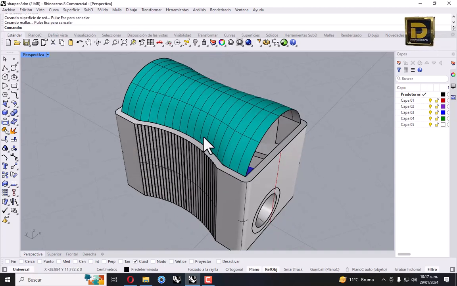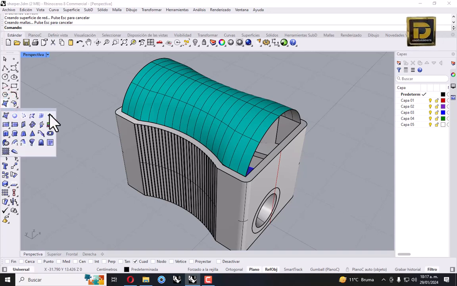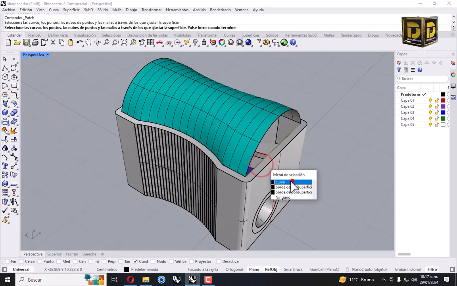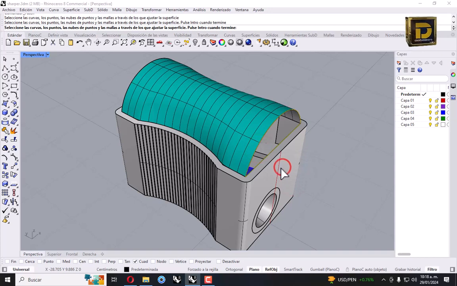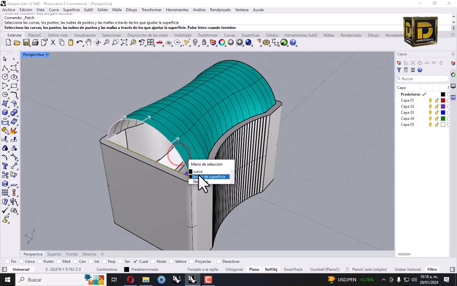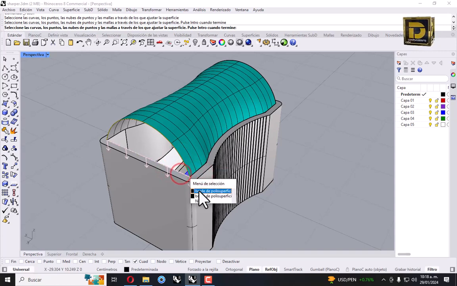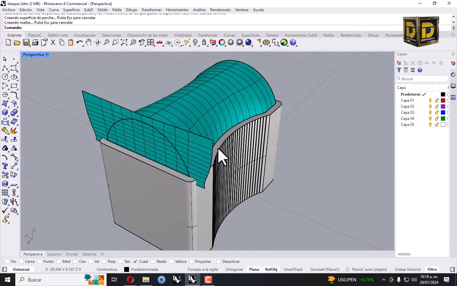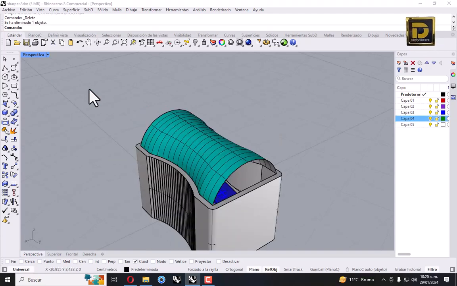Okay, now here we're going to make a patch. It's very easy. Curve and curve, patch, curve and curve, patch. Let me see what is happening.